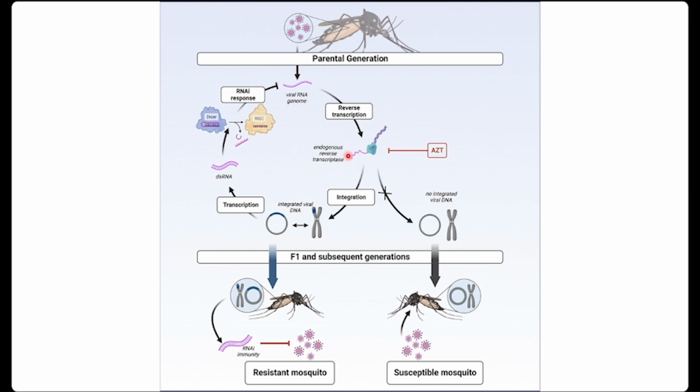Even whenever reverse transcription is fully blocked, it'll actually partially block this system from being able to work whatsoever. Even though this dicer system should be able to work directly with the viral RNA without any of this, we saw that 1 out of 5 were actually unable to use this system by itself to defend against viral RNAs. So this part of the system is what they're blocking with AZT, and it's a very important system for them to be able to transfer it to subsequent generations.